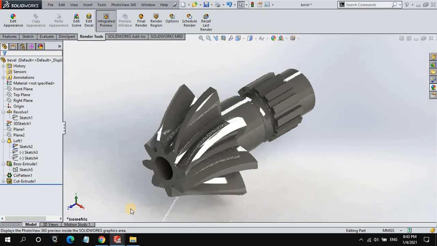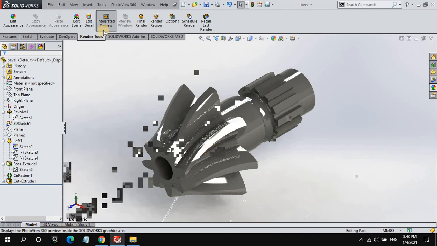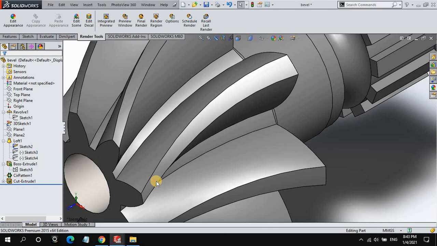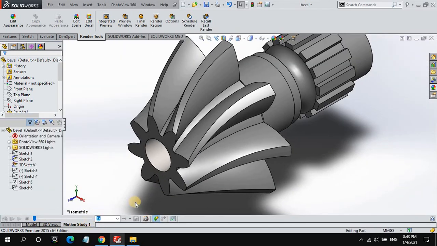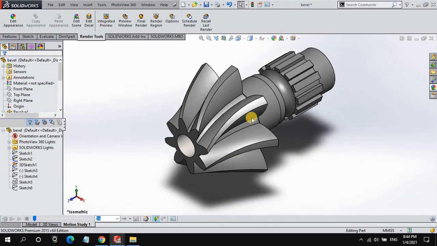If you want to see the motion study of this feature, increase this to 2x. Let's see how to give a motion study to this feature.